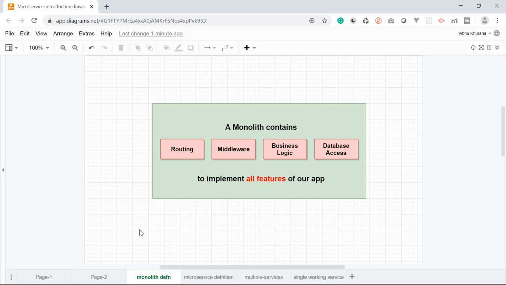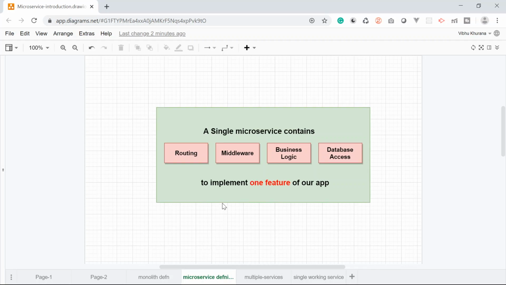Now, we are going to make one or two changes to this diagram and will then summarize or characterize what microservices are all about. So here, how would we characterize our microservices?